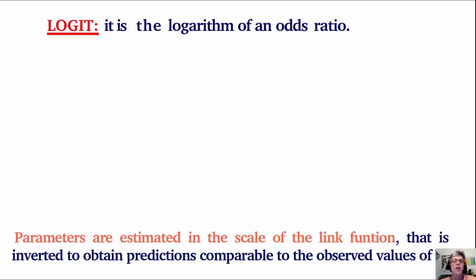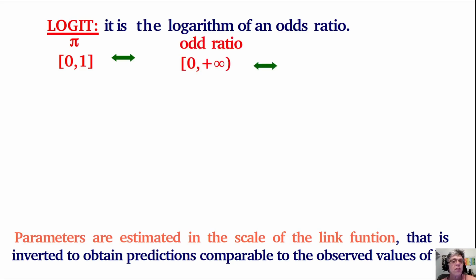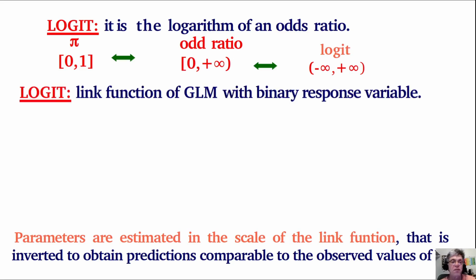So the logit is the logarithm of the odds. The probability, in a random experiment with binary results, is a number between 0 and 1. The odds are a way of transforming these probabilities into a number between 0 and plus infinity, and the logit is a way of transforming the odds into a number that can theoretically range between minus infinity and plus infinity. So the logit is the link function of a GLM with a binary response variable. This arises